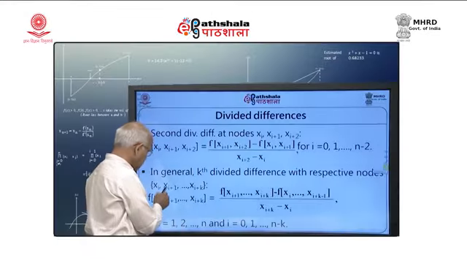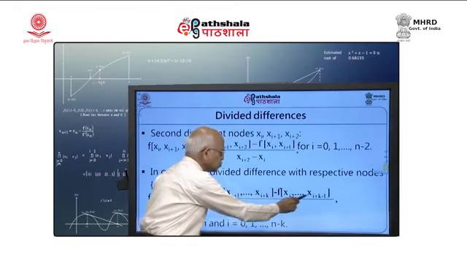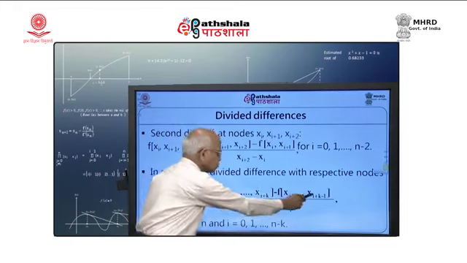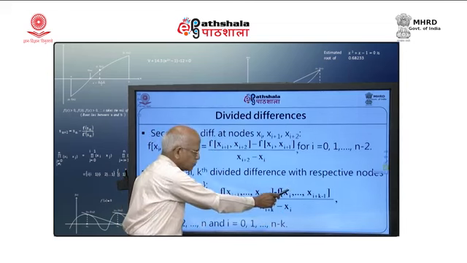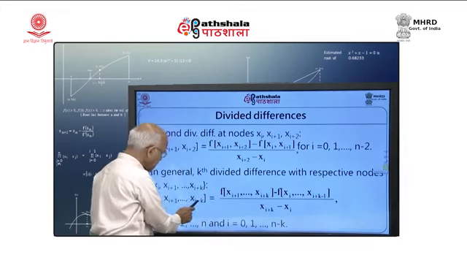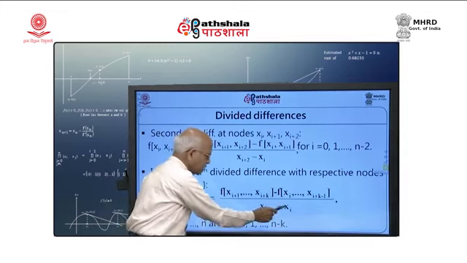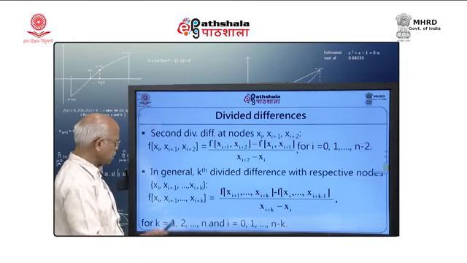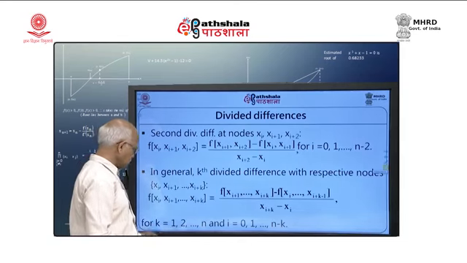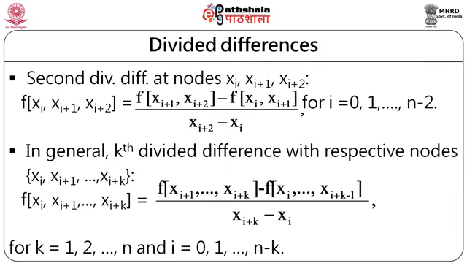So for this, the second to last, and then the first to last but one, that is what we are taking here as arguments. This will be the divided difference over the last k nodes minus the divided difference over the first k nodes, divided by the last node minus the first node, x_{i+k} minus x_i. This is how the kth divided difference is defined, and that can be done for all k equal to 1, 2, 3 up to n and i equal to 0, 1, 2, 3 up to n minus k. So, given n plus 1 nodes, we can have divided differences of order 1, 2 up to n, even 0th order,